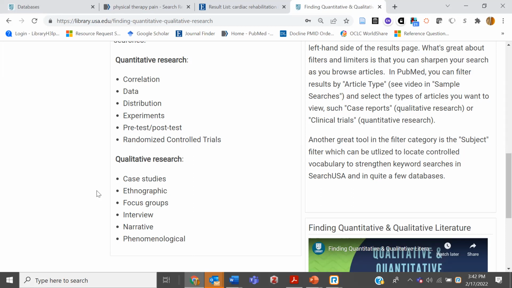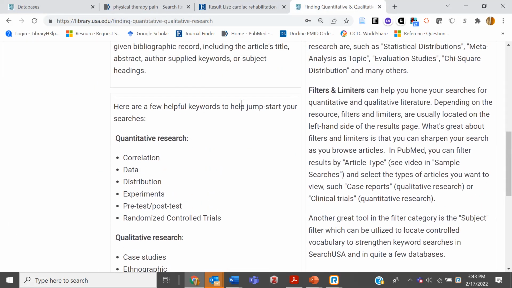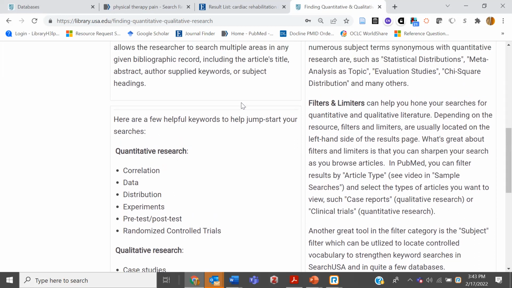But those keywords are likely to get you more qualitative research, whereas a pre-test, post-test experiment is going to be very numbers and statistics focused. Randomized clinical trials tend to have large sample populations, so they're doing statistical generalization over the sample population. Data distribution, keywords like that. Full keyword searches may also help identify those. But really the key thing for you, I think, is to do a good subject search and then